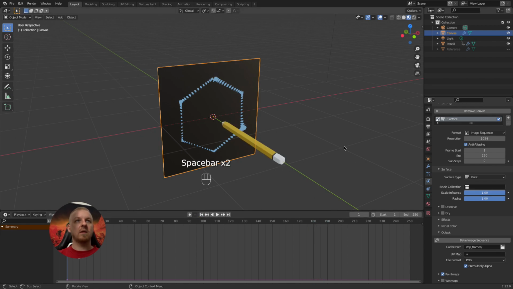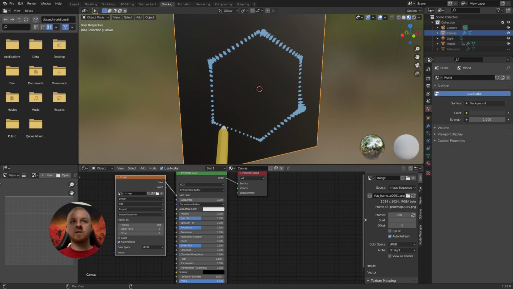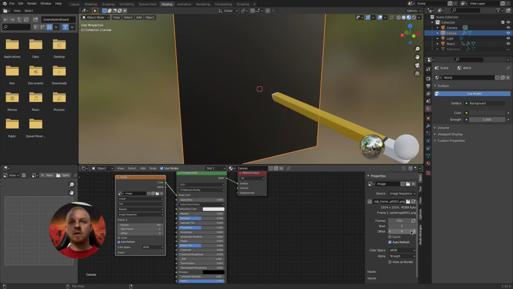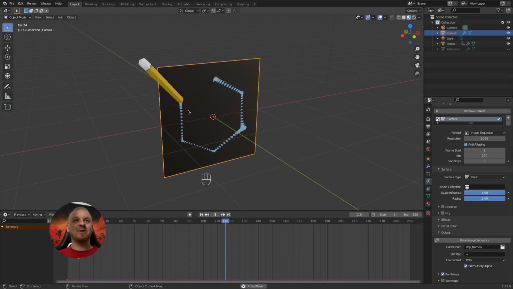go here, and okay, we have some problem. Go back to shading. Let's check auto refresh. Sorry, I forgot to do this, and refresh. Offset. I don't know whether I accidentally clicked it or it was like that, so set it to 0. Okay, layout and space. And as you can see, we have some drawing, but it's looking terrible, and it is